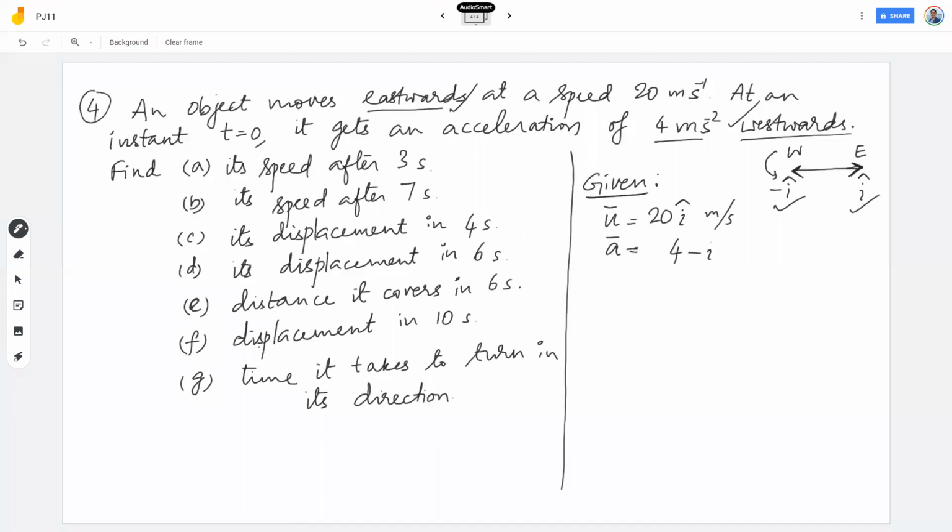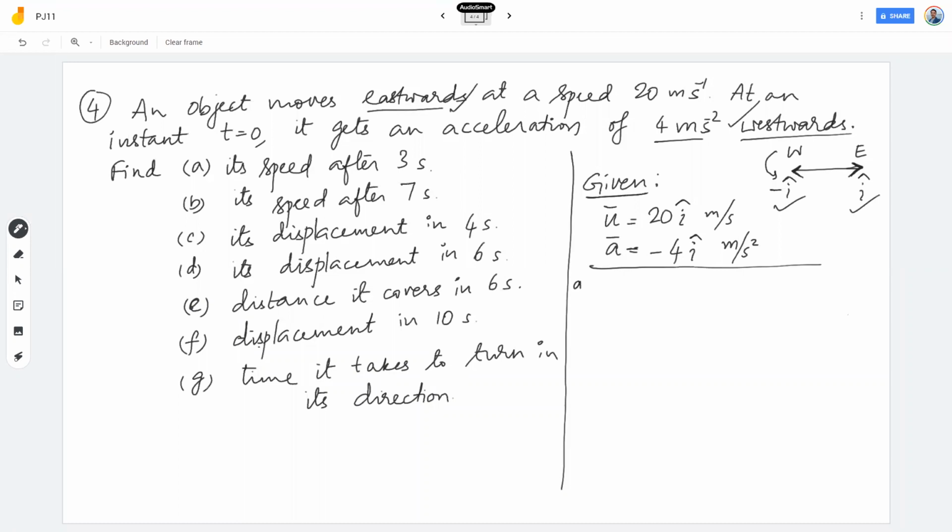So it's not 4 minus I cap. It should be multiplied. So 4 into minus I cap. 4 multiplied by minus I cap will give you minus 4 I cap meter per second square. So do not think that A equal to minus 4 here. No. A is equal to 4 only. But A bar is equal to minus 4 I cap. See, this minus is for I cap, not for 4. That's what I said. Magnitude of a vector can never be negative. Even if it is negative, it only means a direction. So these two are given. That's common for all questions.